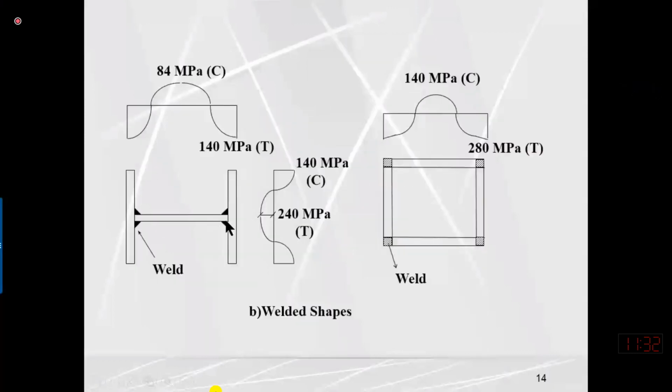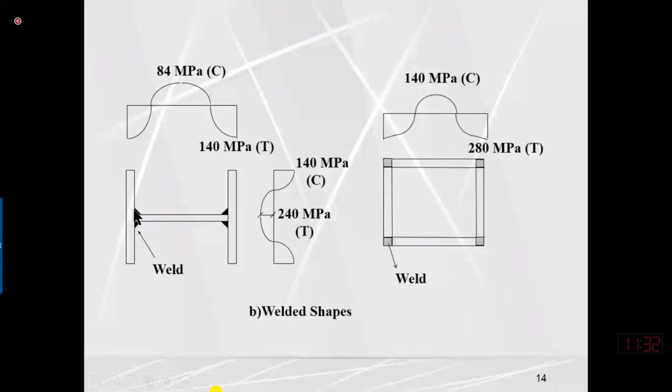Similarly, the welding process can also cause residual stresses. When we are welding, for example, if we want to make this I section, we have to use 3 plates, 2 as flanges and 1 as a web. So due to welding, only this portion is subjected to heating, and the rest is maybe only at normal temperature. So this junction is subjected to the heating process. When this junction tends to cool down, the junction shrinks. Shrinkage will only occur at the junction.